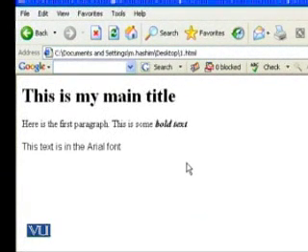Your code has been interpreted, and you can see the heading, this is my main title. Afterwards, because of the paragraph tag, there is the line break, then the line space, and then you can see the second line. Here is the first paragraph, and then you see this is some bold text. Remember, we had used the bold as well as italic tags in order to create this effect which is shown on the words bold text. Because of the paragraph tag, again there would be a line break, line space, and then the next sentence, this text is in the Arial font, would appear.